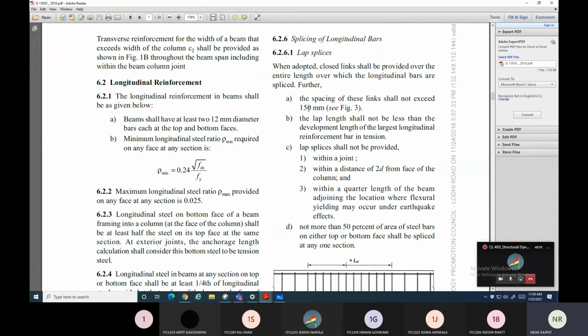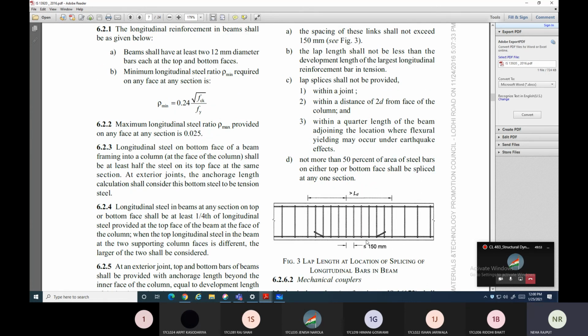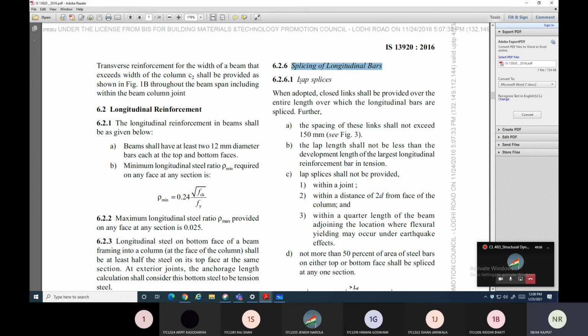More clauses are given for the splicing of longitudinal bars. If the length of the beam is more than your standard length of steel bar, then you need to extend your one bar with the other bar to make a full alignment of your beam. तो उसको जो दो बार को आप ओवरलैप करते हो, that two bar is known as overlapping bar. Splicing करते हो, again this kind of splicing or the curtailment, तो वो कितना होना चाहिए,